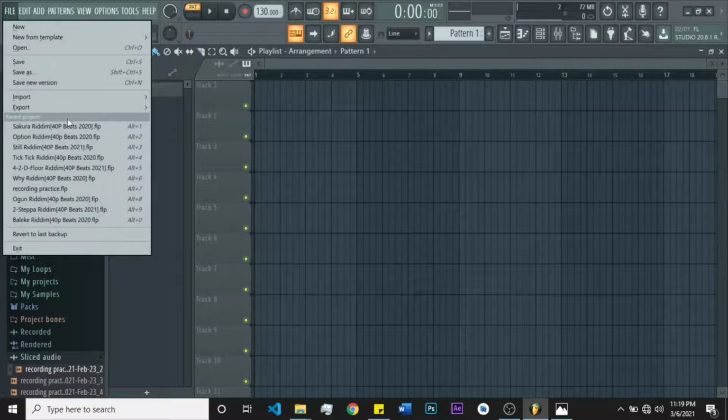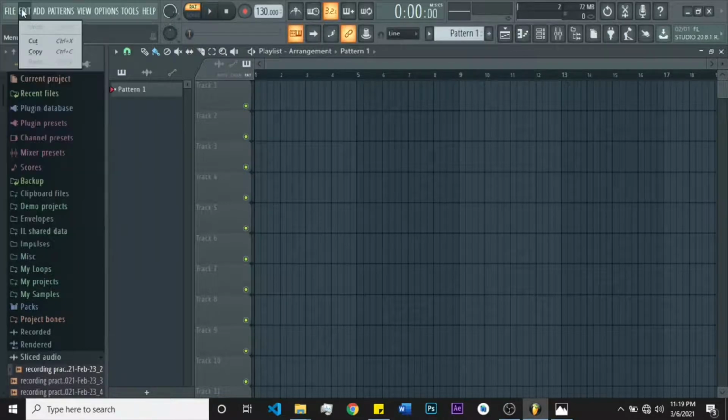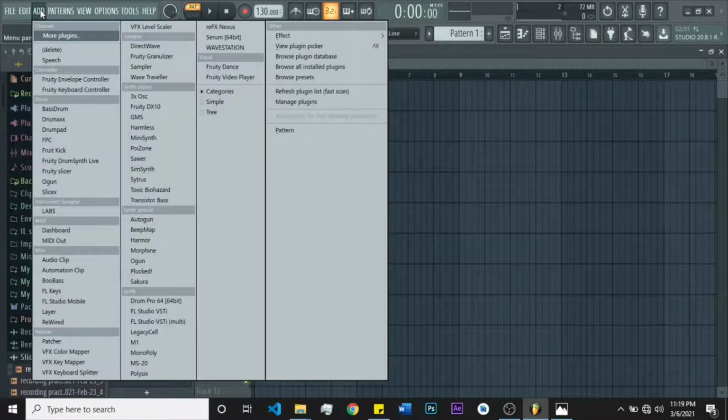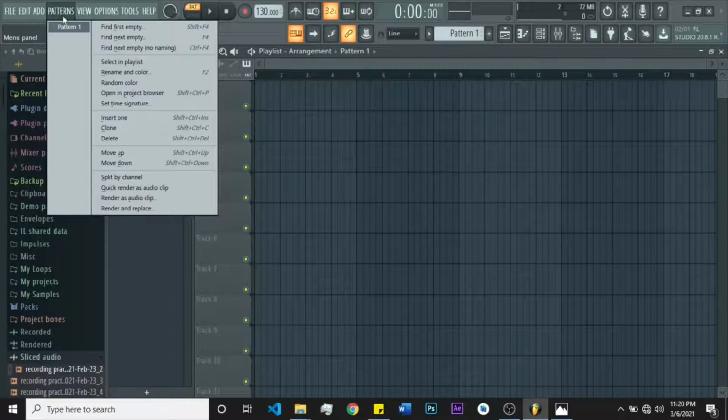Then here the recent projects you have worked on. These are the recent projects I have worked on, and I have very many, but this is just a shortcut for you to access the ones you have worked on. This one will be adding MIDIs, adding the instruments, but this one is a long way. It's going to be a shortcut. We shall see. All these ones are the patterns. We shall get to know more about these when we are looking at the